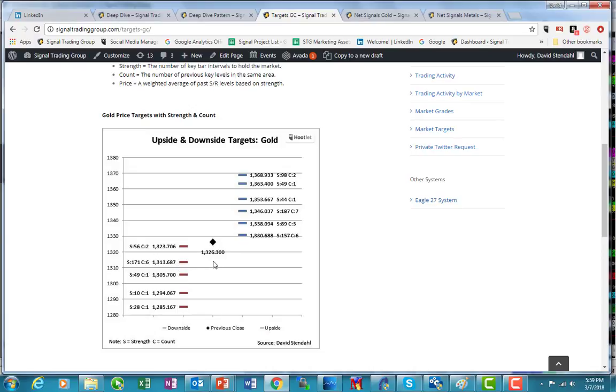Should it actually fall, we would be looking at 1313 or 1314 when it comes to gold. Now, I'll point this out. As far as resistance, we've got 1330, or maybe 1331 if you will, a strength of 157, and we also have a 6 count. So we're kind of between two extremes here. That's a pretty good size push between the upper resistance and the lower support. But that's where we stand right now. So those will be the key levels that you want to look at when trading gold.